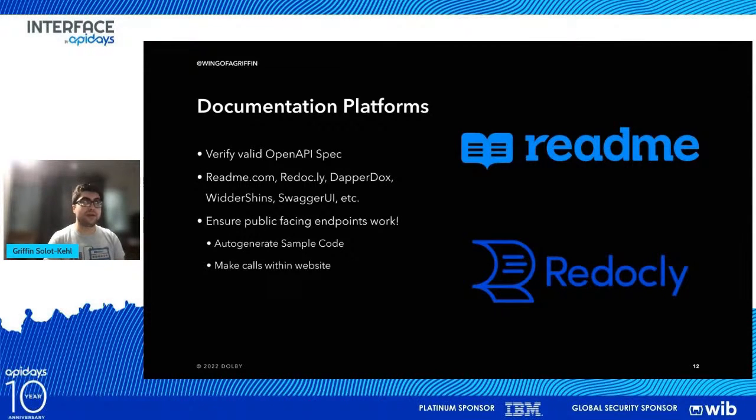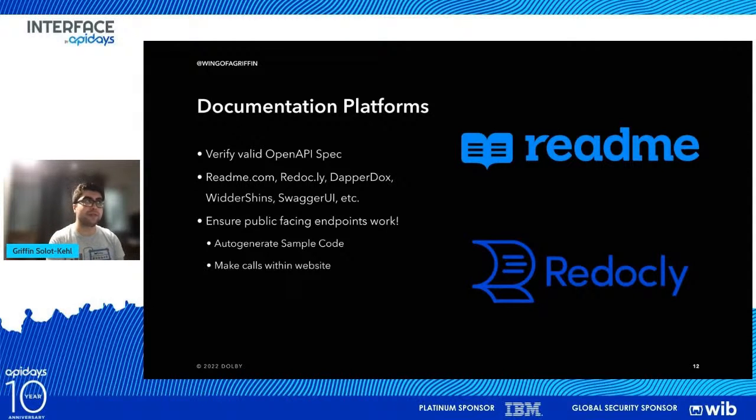There are documentation platforms that are going to be able to help you with this, where they will help validate your OpenAPI spec, but also just make the experience a lot better instead of having to build it all yourself. There are a lot of different examples, like Remy.com, who provides it as a software as a service, but there's also open source ones like Redocly, DapperDocs, Widergen, Swagger UI. They're all going to provide very easy ways for you to put in your raw API spec and give you some documentation. You're of course going to want to customize it a little bit after that, but it takes a lot of the hard work, the tedious part, out of the way for you.